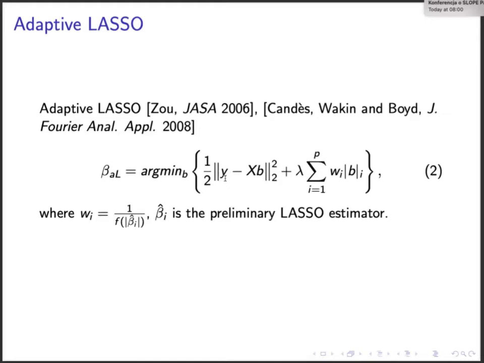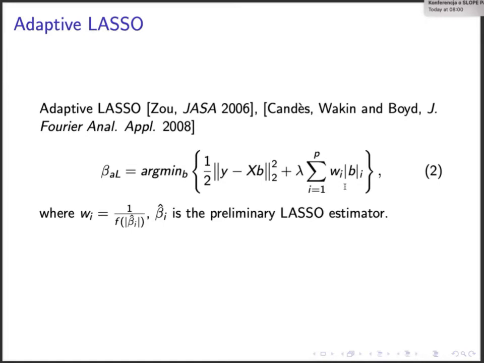A few words, as I have 10 minutes left, about what you can do to improve FDR control. In the case of LASSO, what people often use is adaptive LASSO. In adaptive LASSO, you weight each of your betas by a weight Wi. If Wi is large, you penalize this coefficient more. If you have some prior knowledge that beta i is important, you make your W small. If you have some prior knowledge that your beta should be 0, then you make your W large.